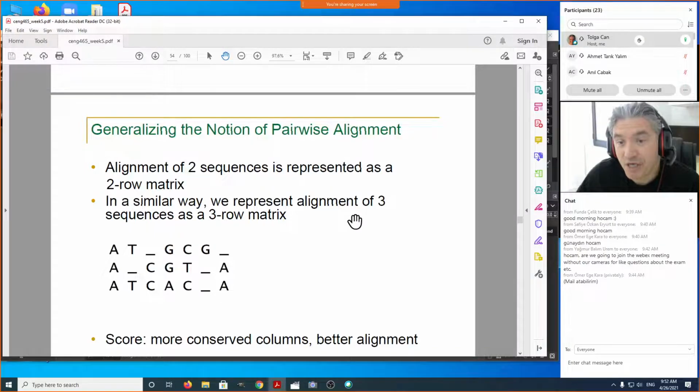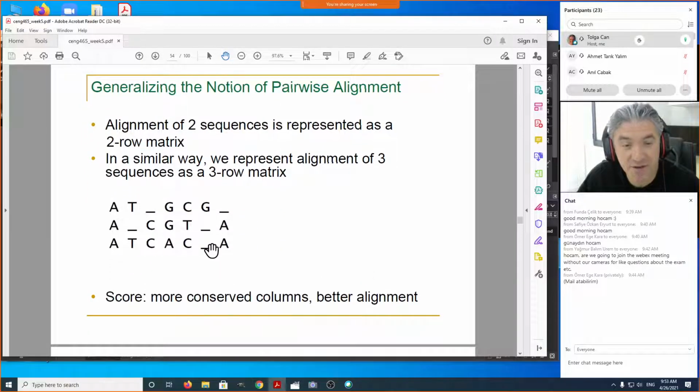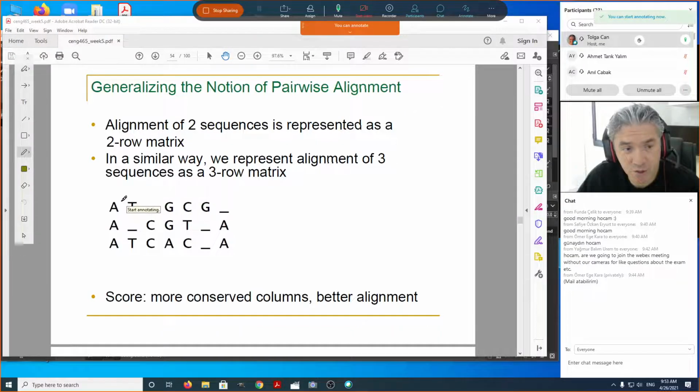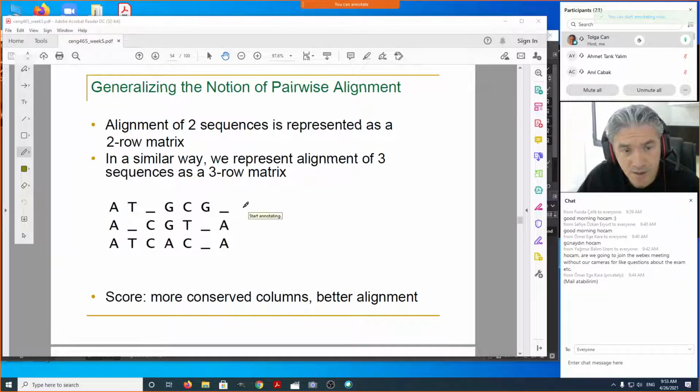So, why can't we use the dynamic programming solution, which always guarantees to give us an optimal alignment? It will give us the optimal alignment in the case of multiple sequences as well. For example, if I have these three sequences, I could get the best score among these three sequences considering the multiple sequence alignment. By the way, the multiple sequence alignment score is usually indicated by a term called sum of pairs.